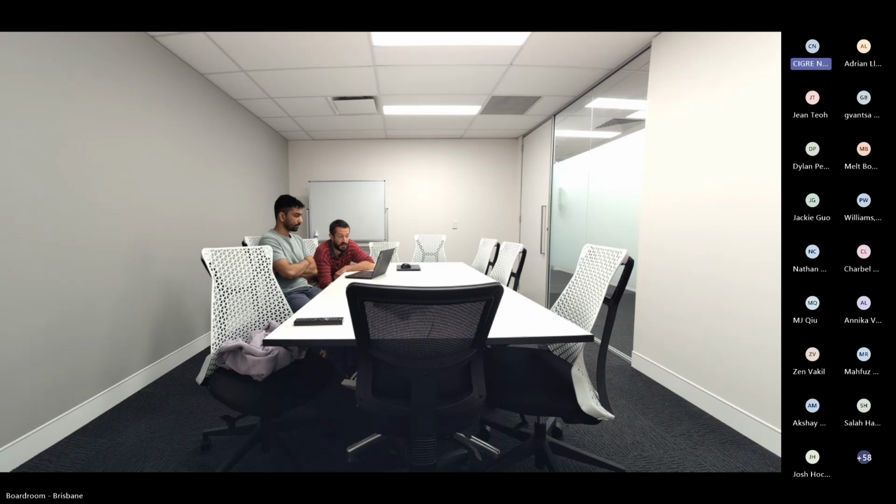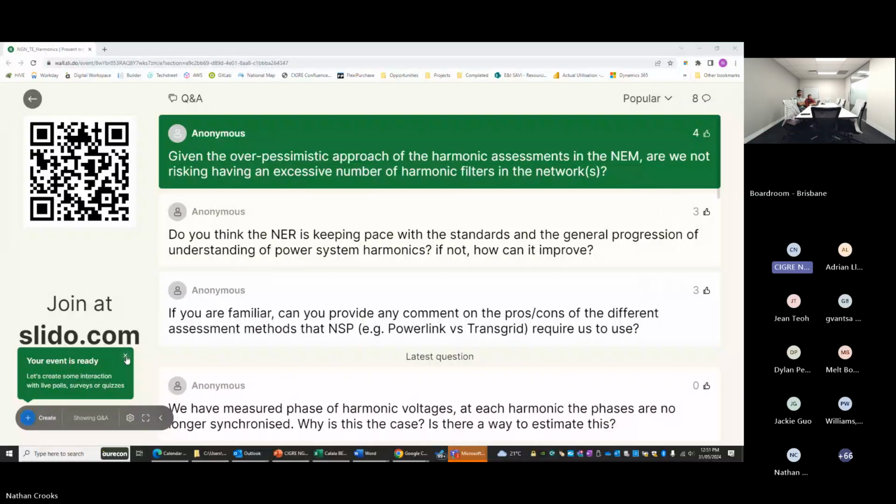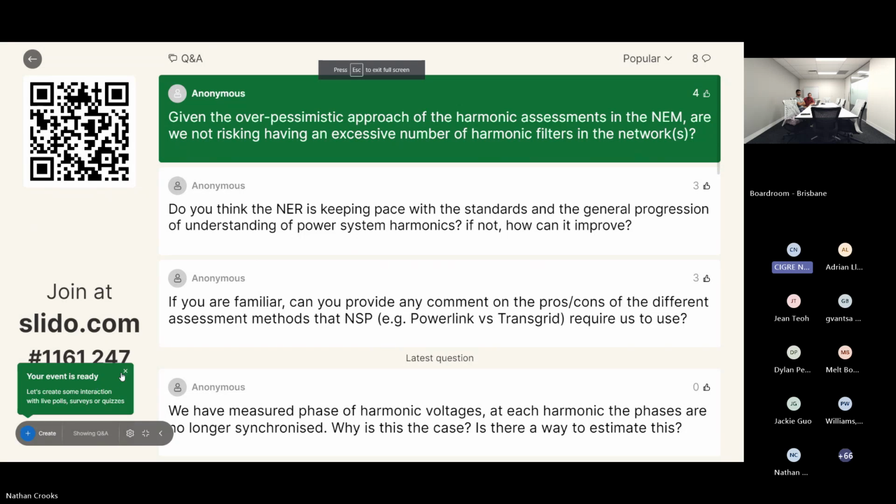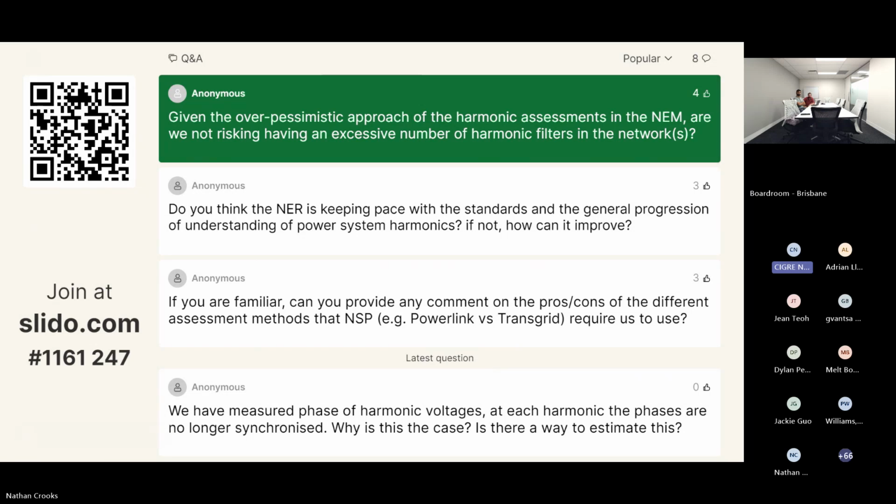My feeling personally is yes, there are too many filters, more than too many. I think that many times they are placed in the wrong spot. This is a huge discussion that is going on at the moment, and there needs to be work done on how we are putting them. But again, there are lots of questions. I would really like to talk about this further, but I think